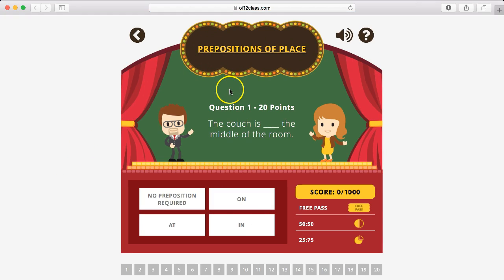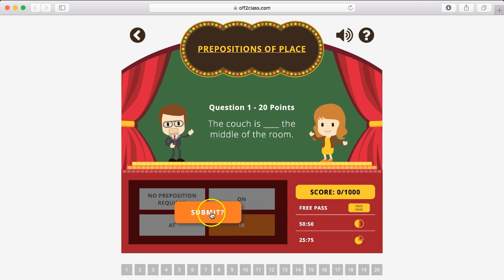So this game here offers you 20 questions, and there are 4 options that you must choose from, and there are also 3 nice features here which allow your student to get some help, like a 50-50 or a free pass if they're not sure of the answer. So we can read the question out loud here. The couch is the middle of the room. The student or you choose the answer here, click submit,